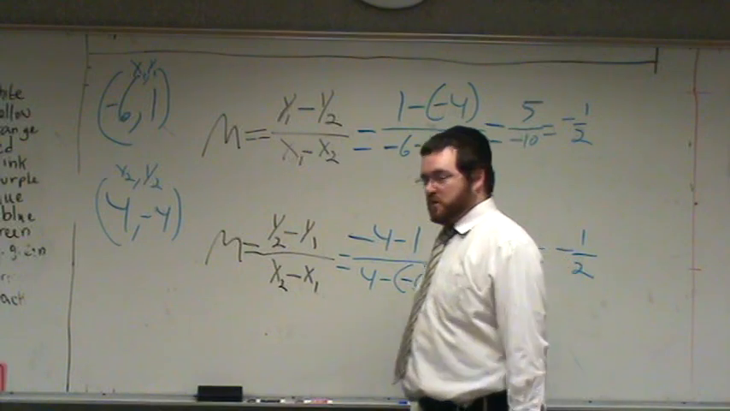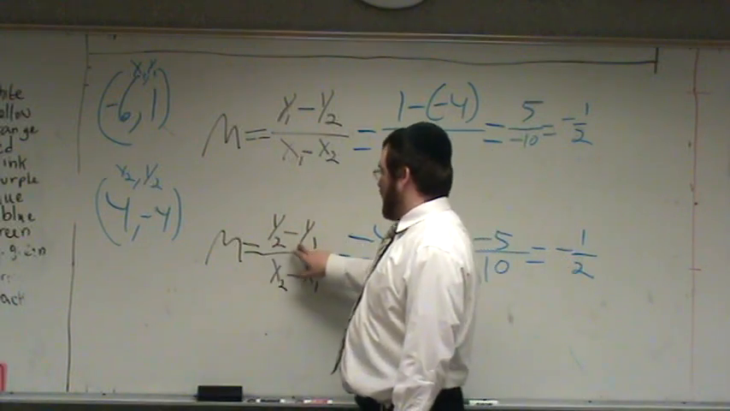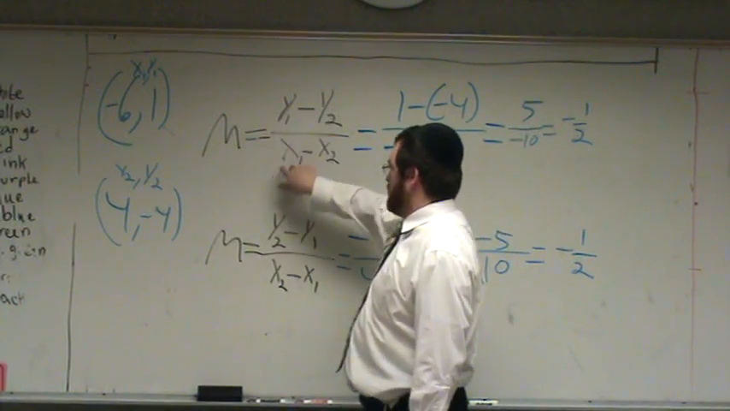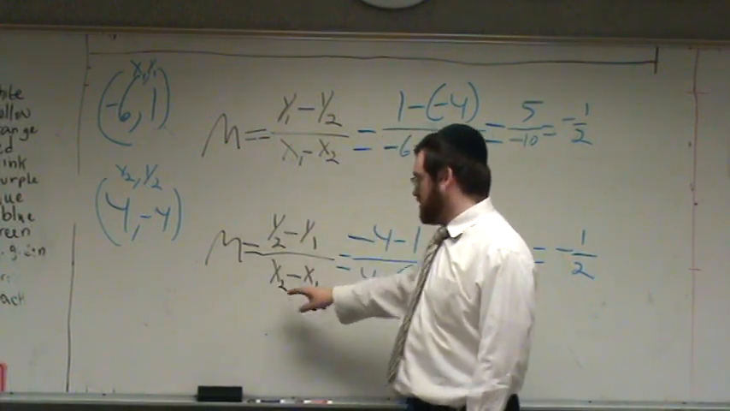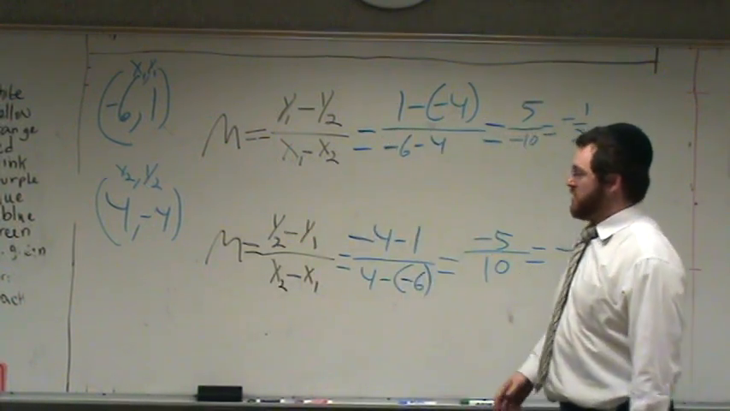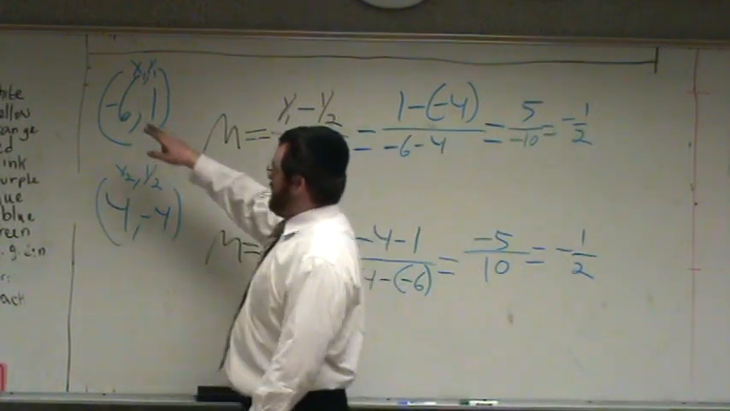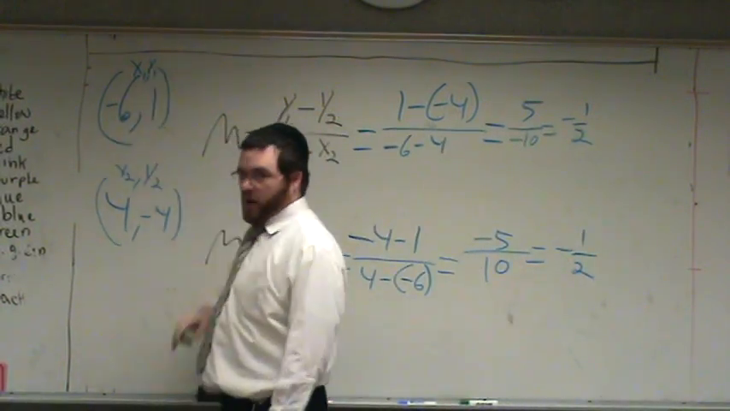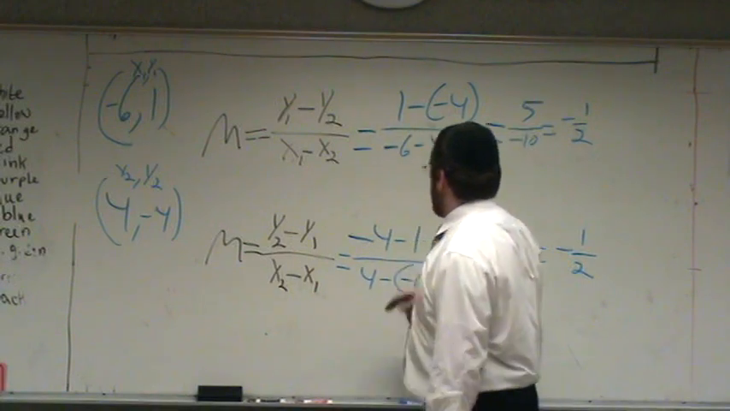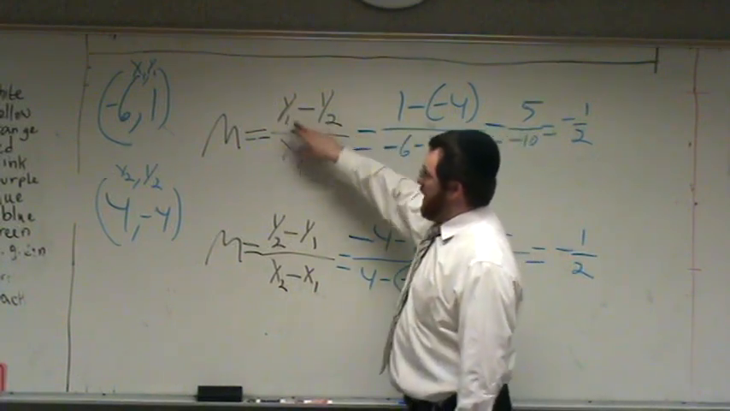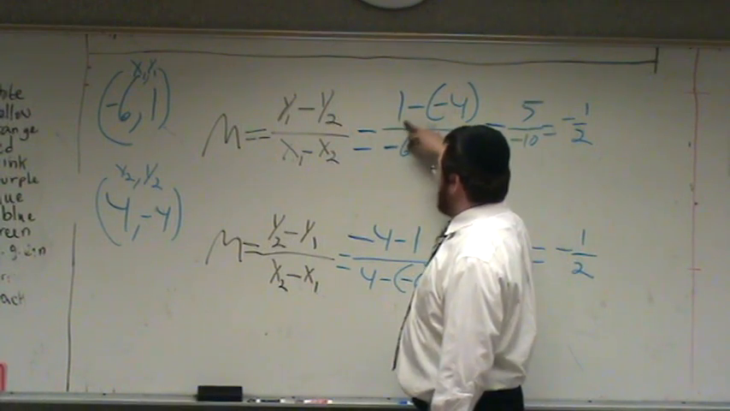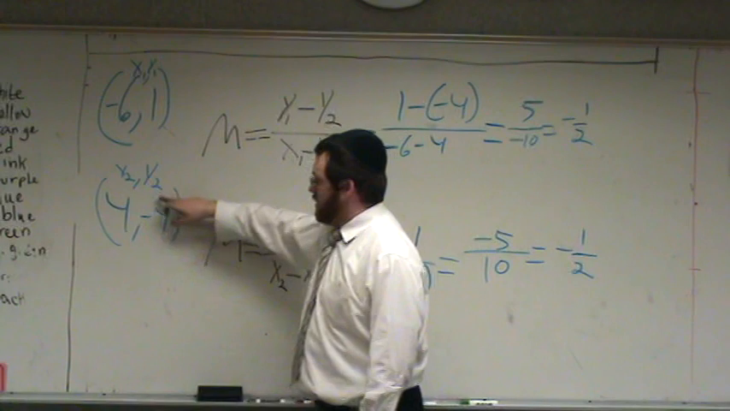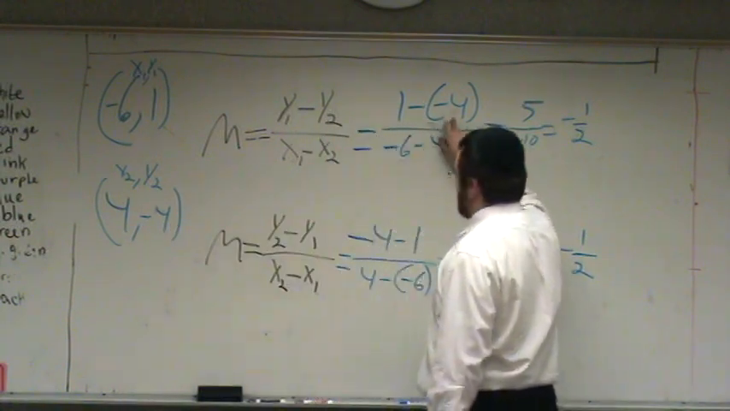Or you can also do y2 minus y1. It doesn't have to be y1 minus y2 over x1 minus x2. It could be y2 minus y1 over x2 minus x1. Let's work that out. Let's make (-6, 1) x1, y1. So y1 is 1, x1 is -6, minus y2 is -4 over